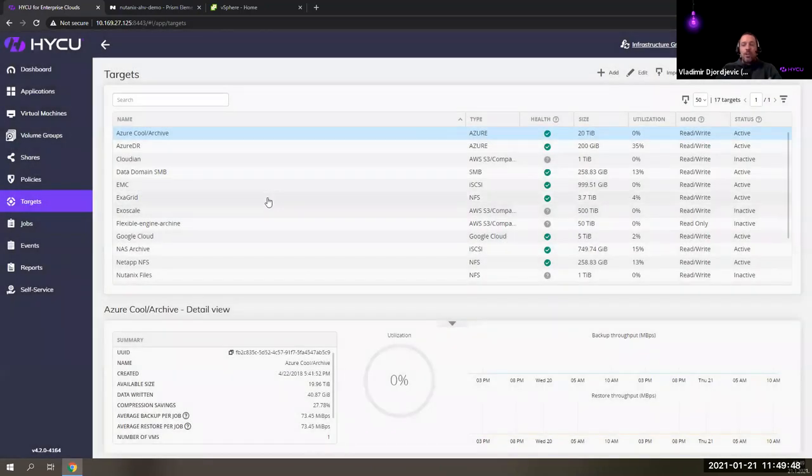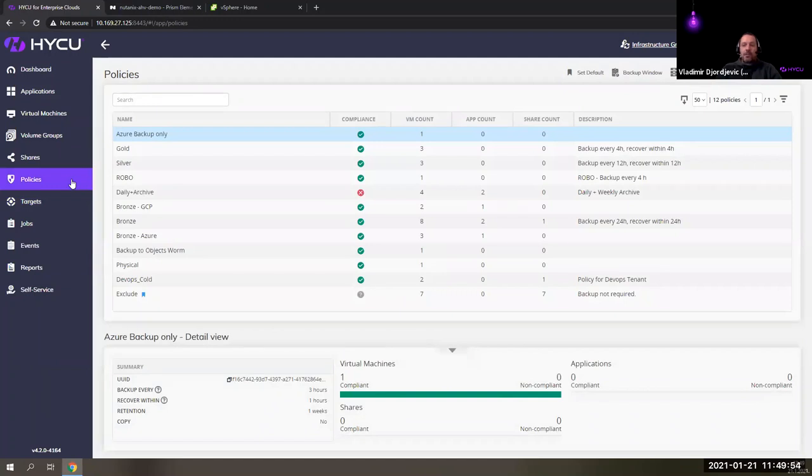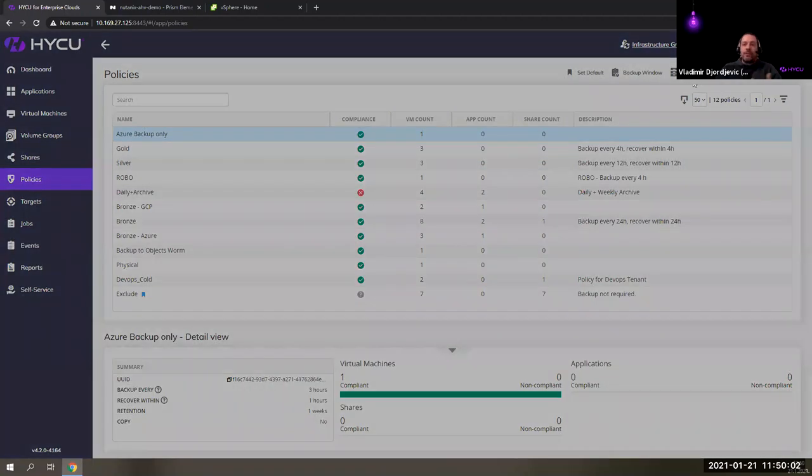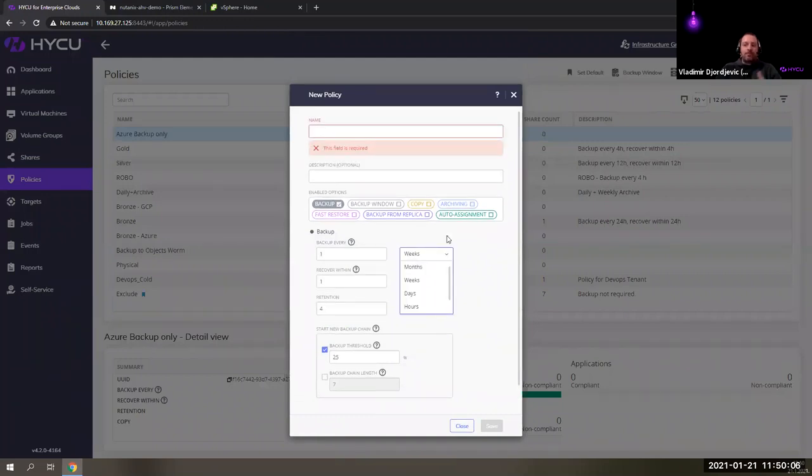Okay, so when you configured your sources and your targets, actually protecting VMs is just creating a policy, writing in your policy what your service level objectives are, right? So how often do you want to back up? For instance, daily backups. How fast do you want to recover? For instance, in 6 hours, which is our unique